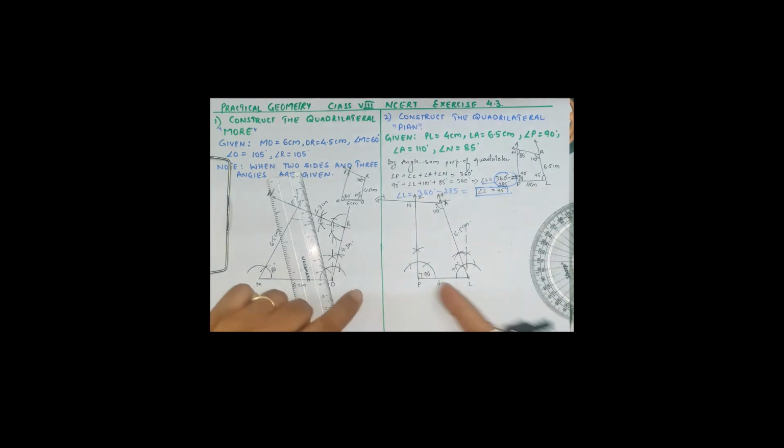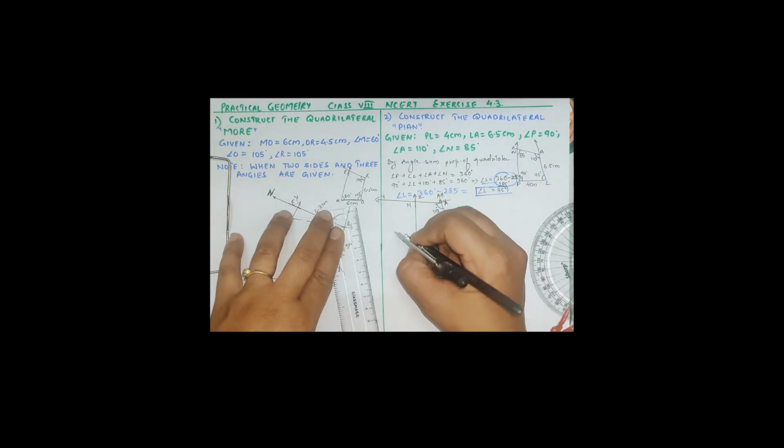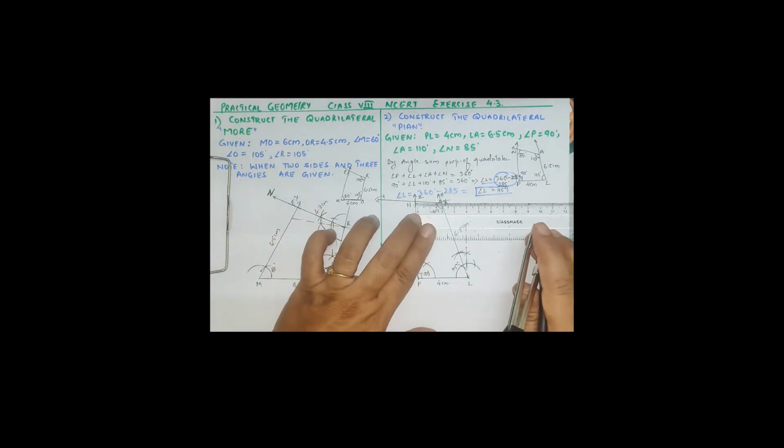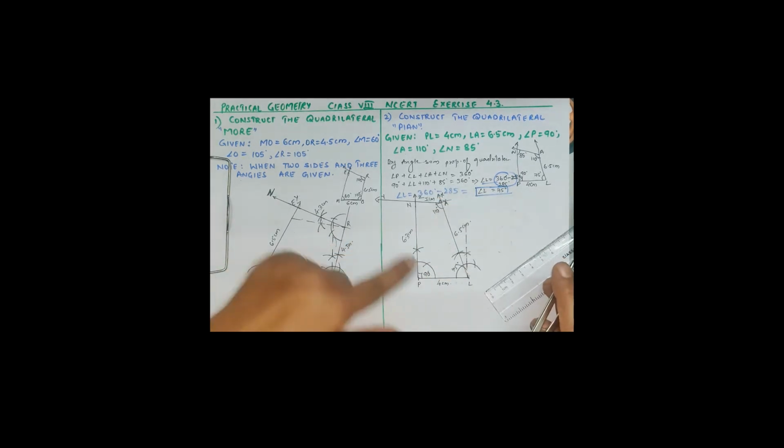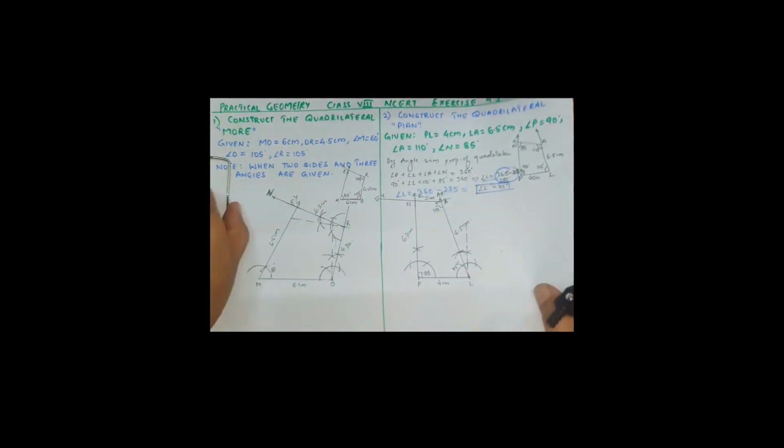See, let the rays AY and PZ meet at the point N, and here you have the required quadrilateral PLAN. Join the points, you have just measured the points. The dimension is 6.3 centimeter, and here it is exactly 2 centimeter, and in this way it is the required quadrilateral PLAN. Thick. Now we have to do the next question of the exercise